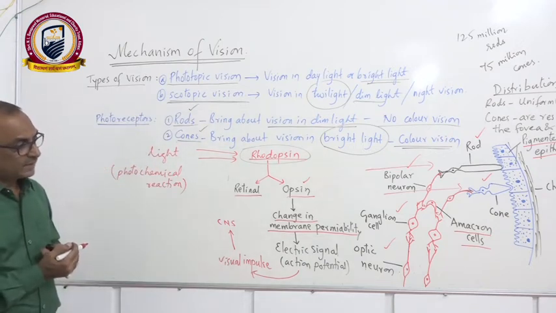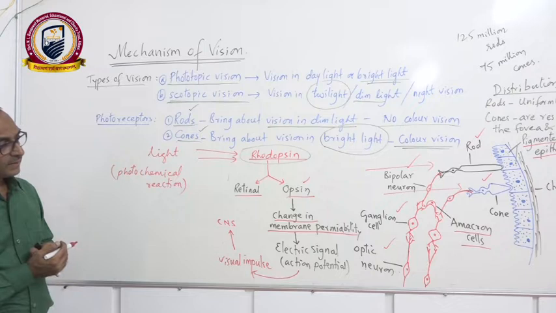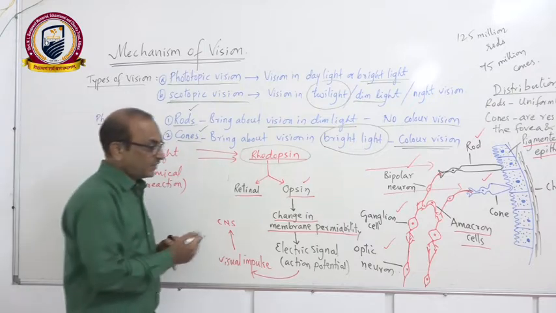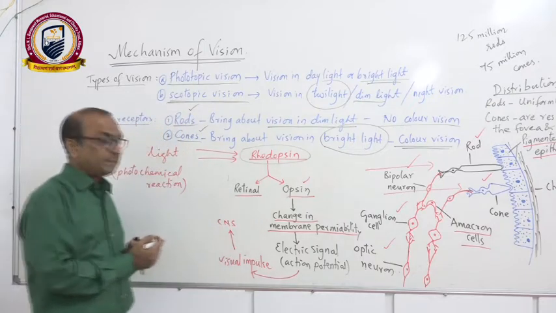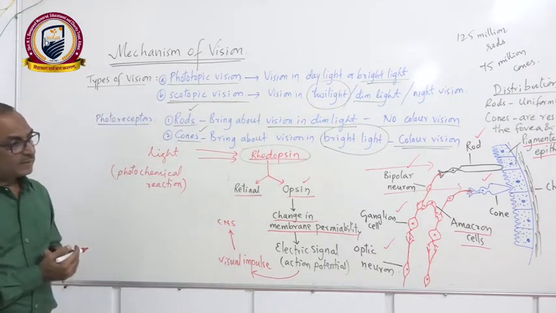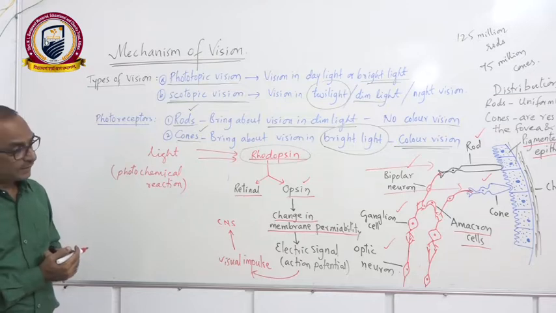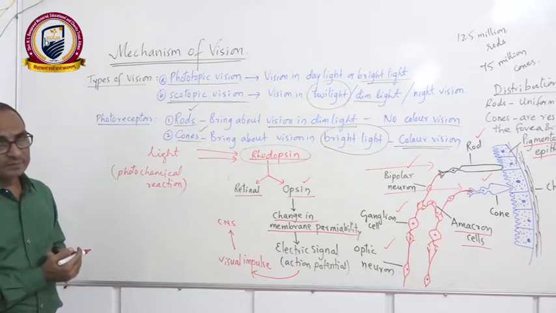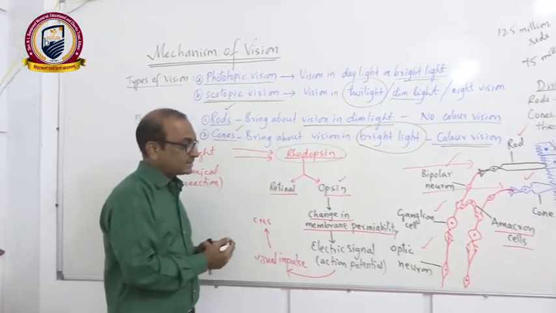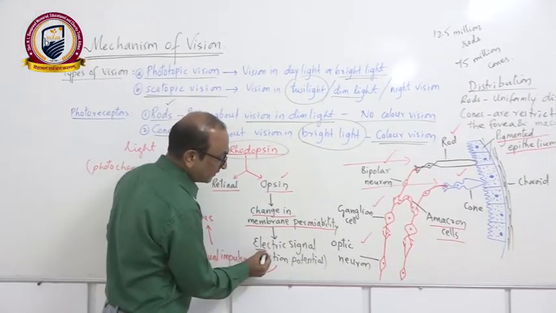So that changes the permeability of the membrane, and this change in the membrane permeability will generate a kind of impulse or a signal, and that is carried as an electric signal